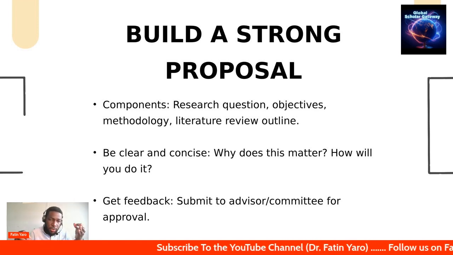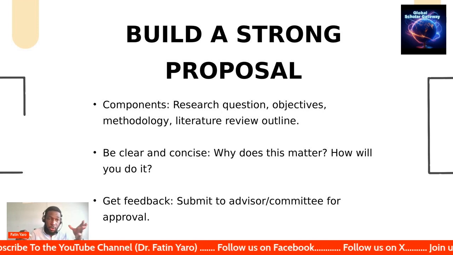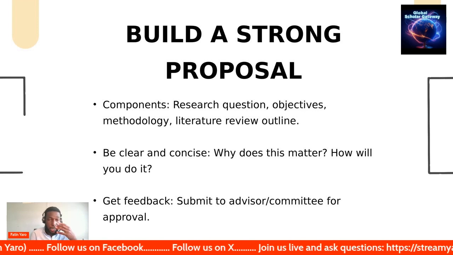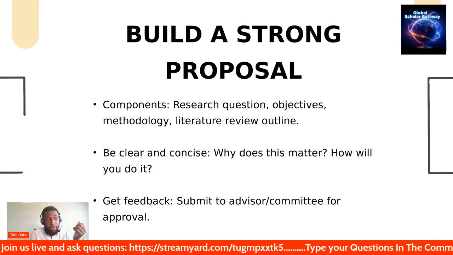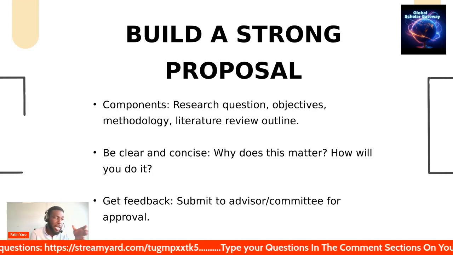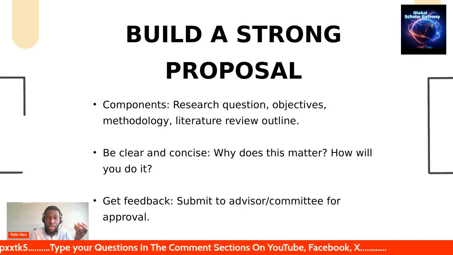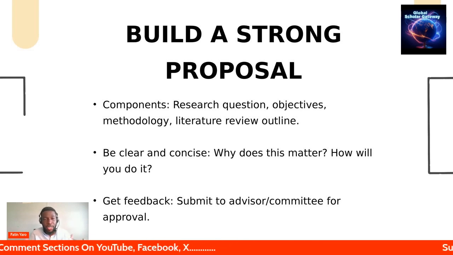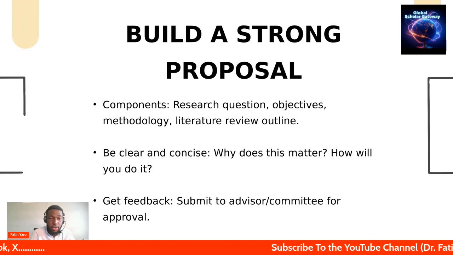And then you need to make sure that you get some feedback from your committee members, from your advisors. Once you submit your proposal, get the feedback. They might make some suggestions on the method that you should use. If you choose, for example, to go for a qualitative method, and then they see that, well, based on your research questions, this should be a quantitative research, make some adjustment. Or if they recommend that you conduct a mixed method research, just listen to the feedback